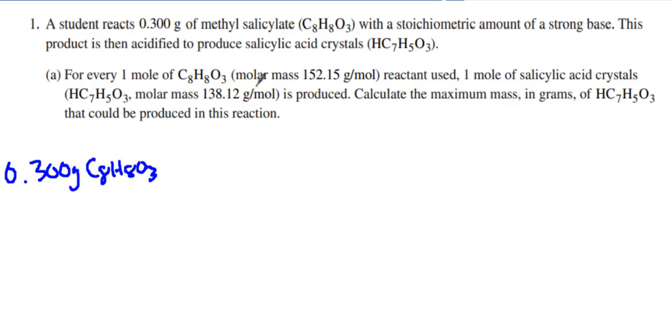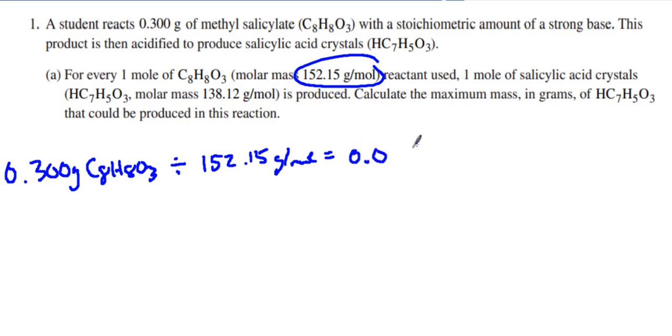C8H8O3. What do we do with grams right away? We're going to divide by the molar mass. They gave us the molar mass of this compound of 152.15 grams per mole, and that will convert into moles. And so we have 0.00197 moles of C8H8O3. And always put your units and what it's assigned to, and that will really help out as you go